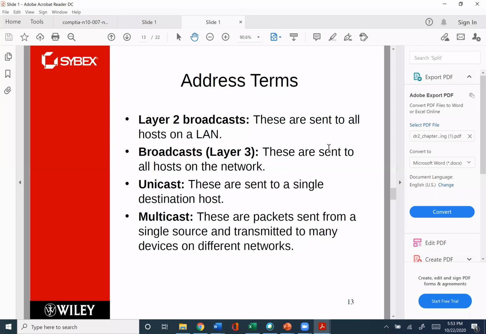Okay, so we're going to talk a little bit about layers and how the broadcasts happen. When we talk about broadcasts in general, when you're trying to know how many hosts there are on your network and how many IP addresses are on your network, the only way to do that, right? The only way to do so,